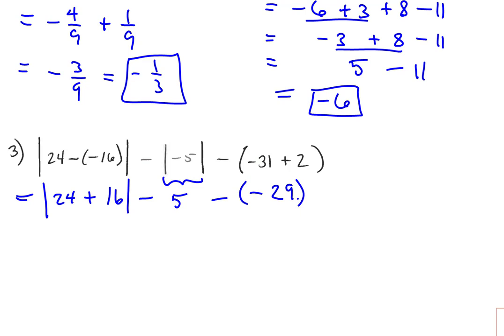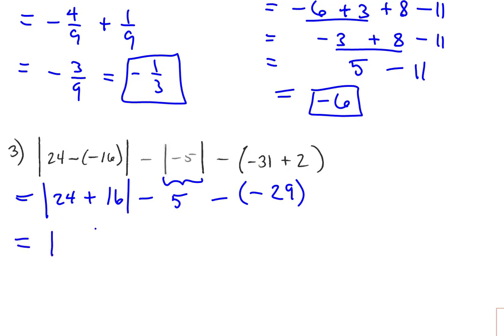So, if I could read after this first step, since there's so much going on, we have absolute value of 24 plus 16, close the absolute value, then -5, minus, open parenthesis, -29, close parenthesis. So we'll go another step, and